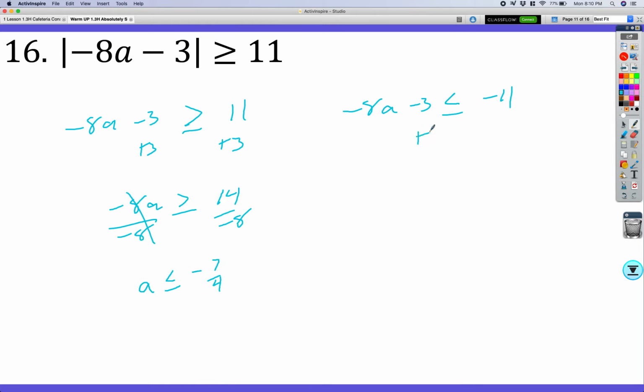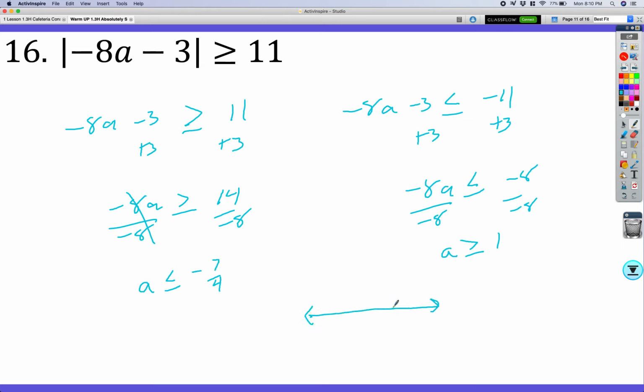Okay, same idea, add 3 to have negative 8a is less than or equal to negative 8. Divide both sides by negative 8 to have a, let's flip the inequality, is greater than or equal to positive 1. So a is greater than negative 1 and less than a negative number. So that means this would be